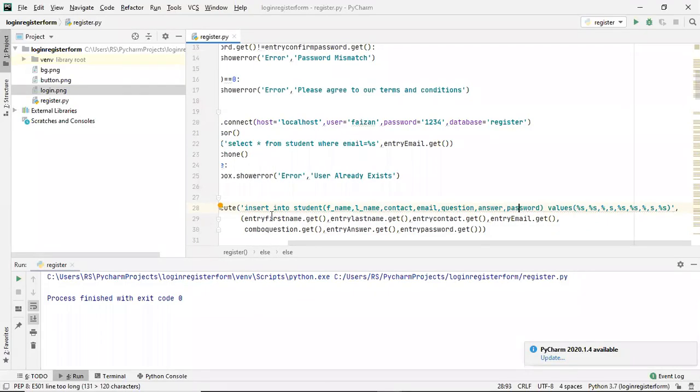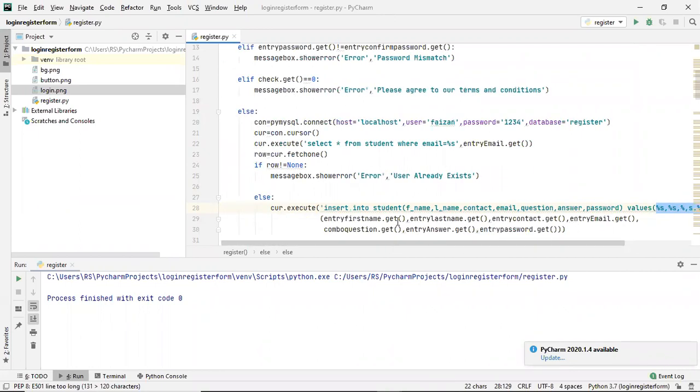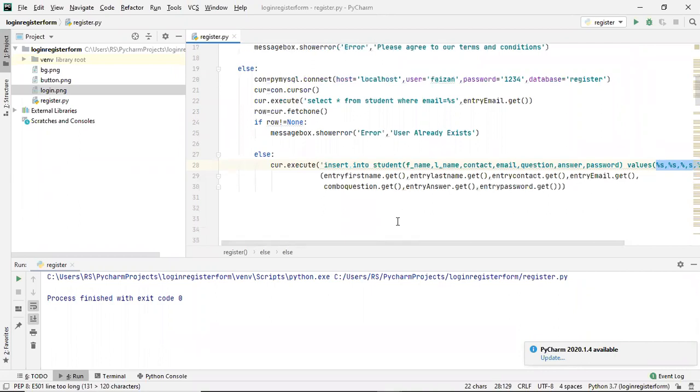Insert into student, and these formatted percent s will be replaced with whichever values you enter in these particular entry fields, right? So I hope you understood what query we have written here. I hope everyone has studied this MySQL. If not, then it's very simple.